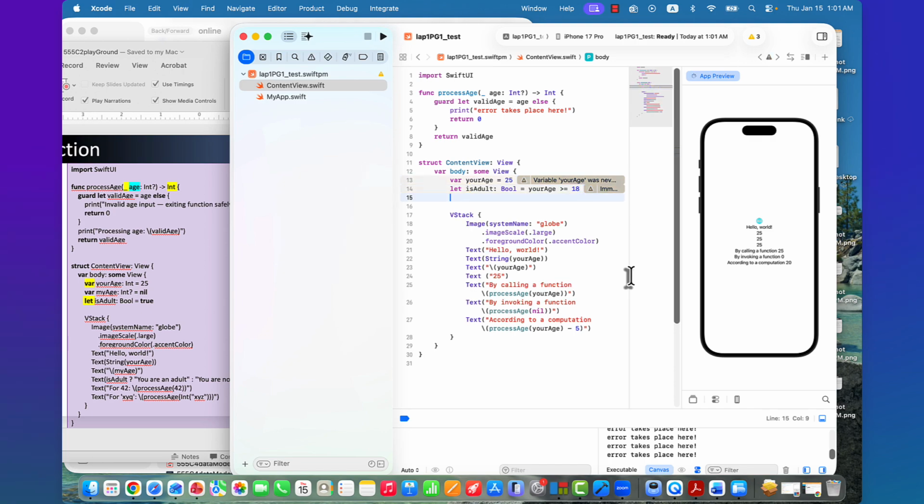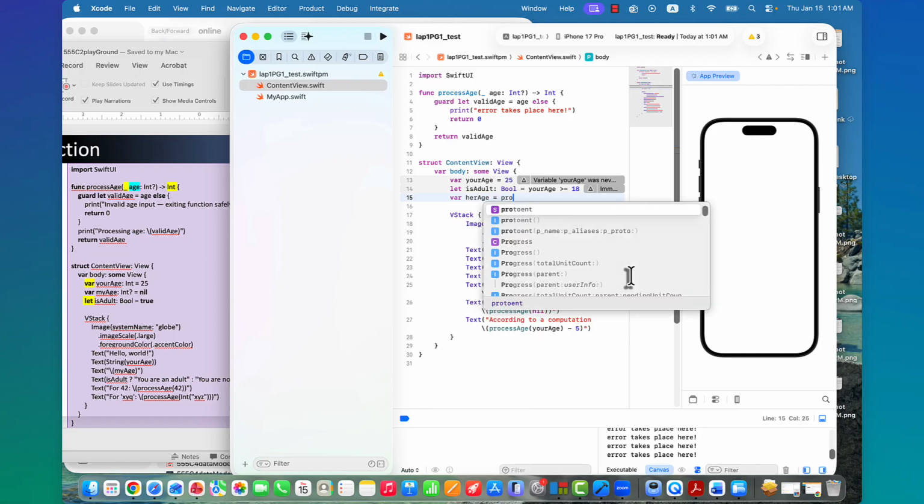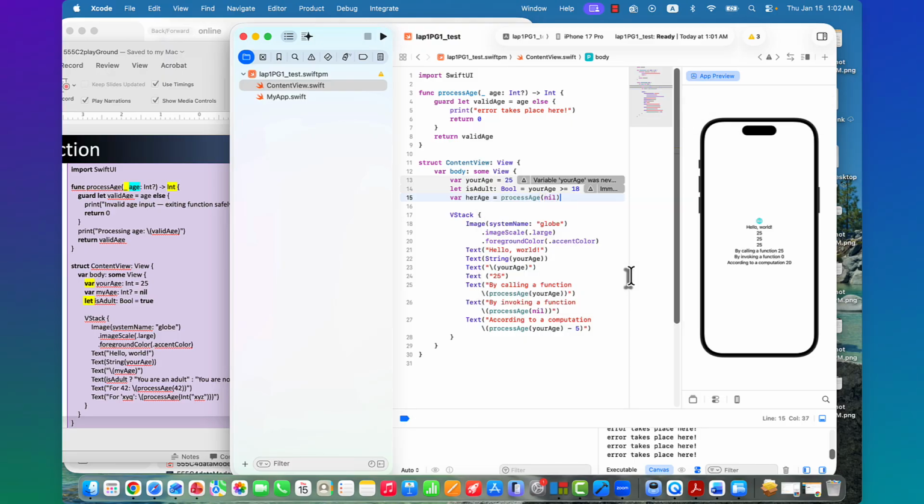I want to have variable her age equals processing age of your age.